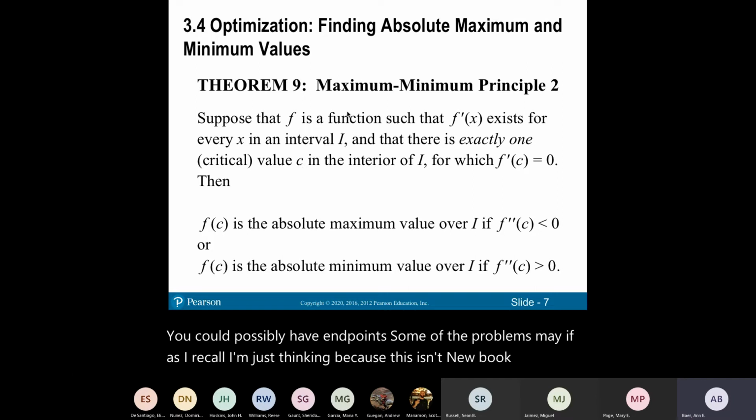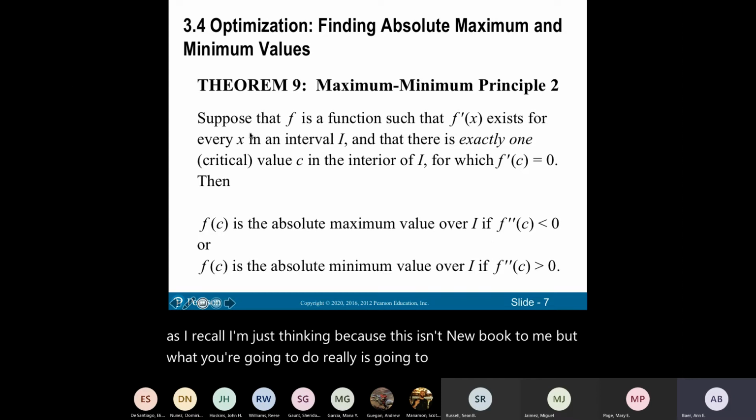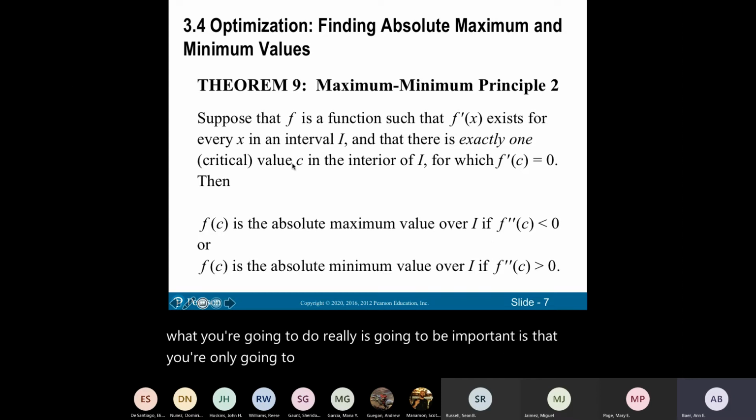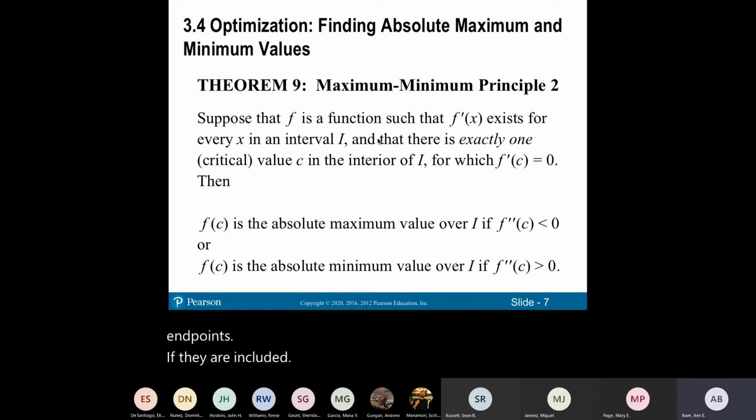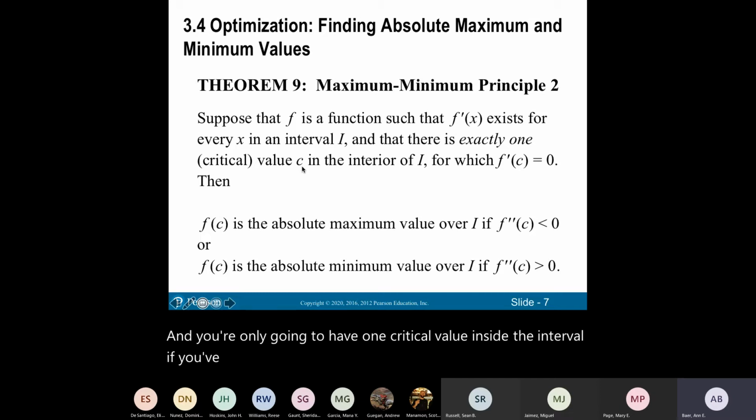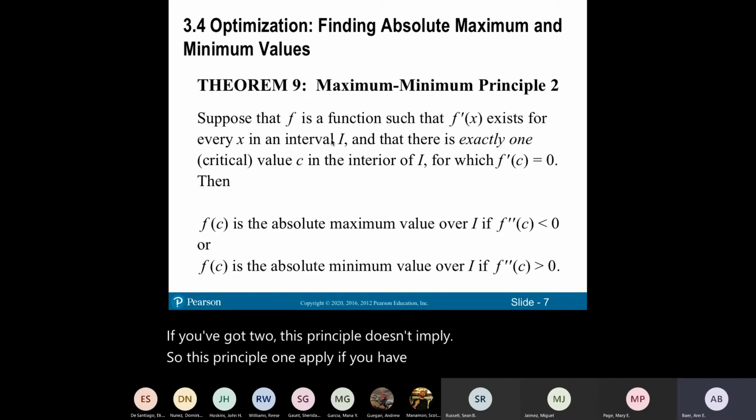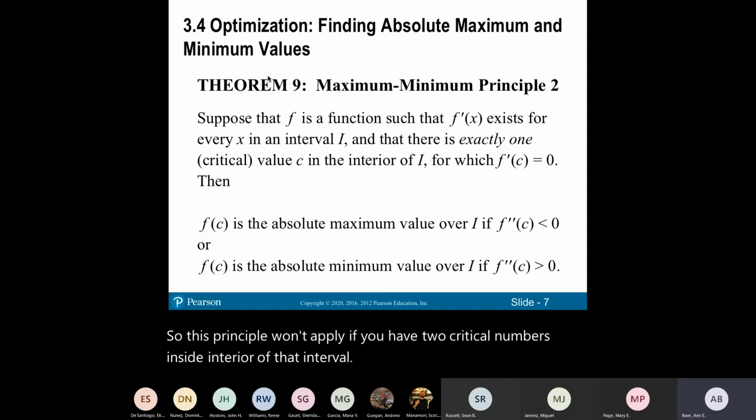But what really is going to be important is that you're only going to have exactly one critical value C in the interior of the interval, inside that interval, not at one of the endpoints, if they're included. And you're only going to have one critical value inside the interval. This principle won't apply if you have two critical numbers in the interior of that interval. Then